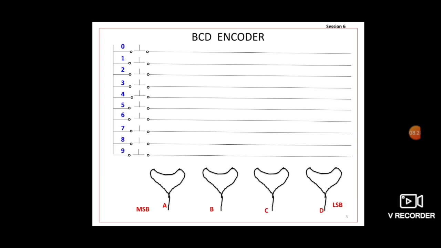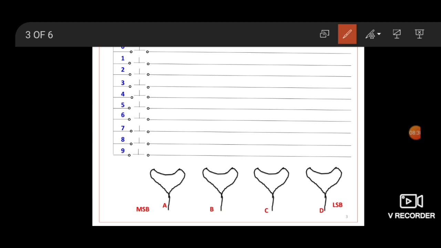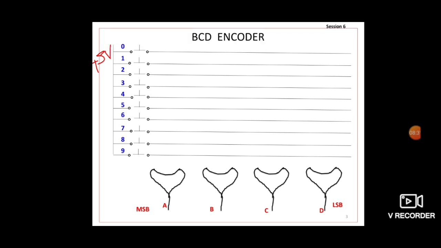Okay, then each switch is connected to plus 5 volt. Student, this line is plus 5 volt. Always remember, this is a plus 5 volt. This switch is connected to the plus 5 volt power supply. It is a switch, so it can be present in this way, having the lines here. Okay, these are the lines.